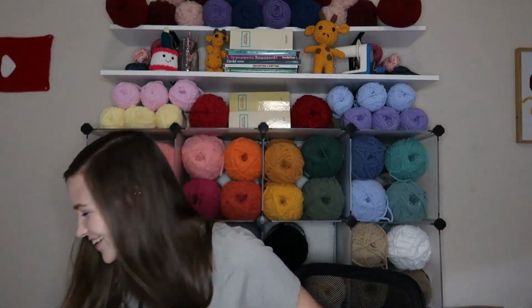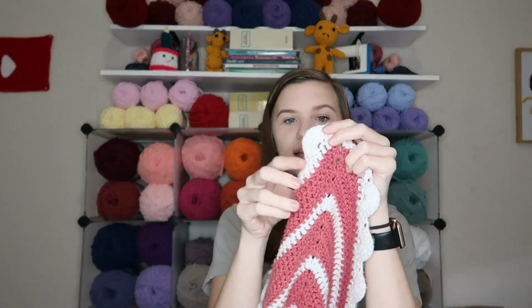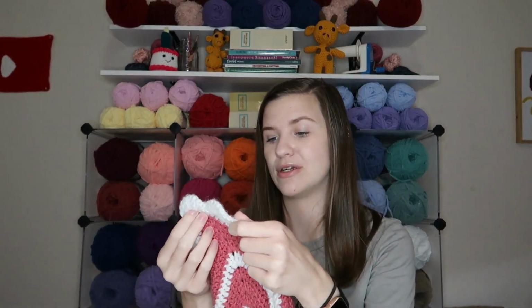So she would have made this in 2002. That's when I was born. And there is another one very similar to this that she made for my sister, just different colors, same pattern. But this is a star blanket, so it is, again, hard to hold up, but it is a star blanket, and we have the scalloped edges, and I'm pretty sure that this is Red Heart Super Saver, most likely the color white,